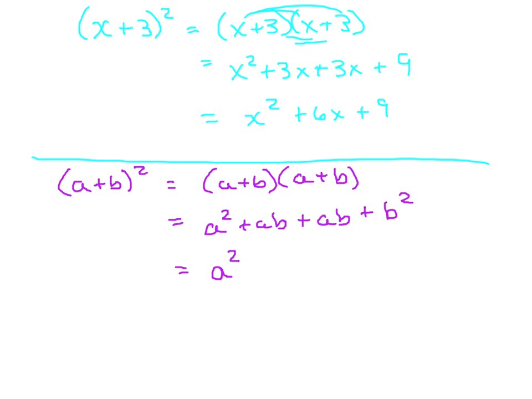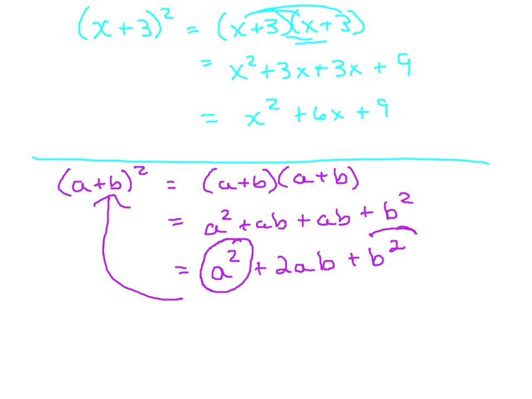So the pattern that emerges is you have a squared plus 2 times a times b plus b squared. So if you can figure out what was squared to make that first term and what was squared to make that last term, you can figure out where that trinomial came from,